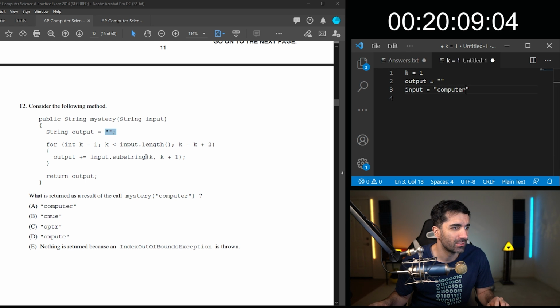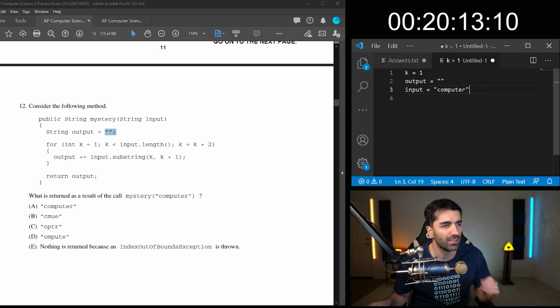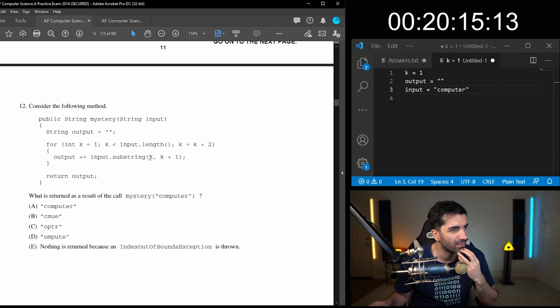So we're passing in the substring. Initially, I think the first argument is inclusive and the second one is exclusive.